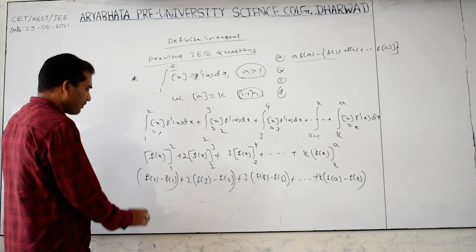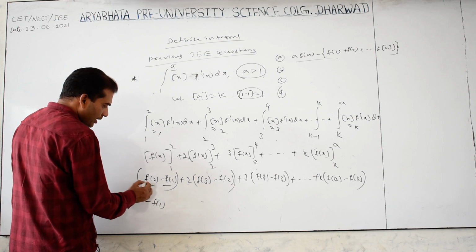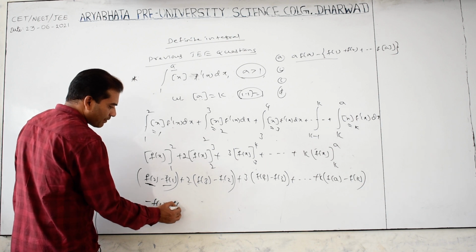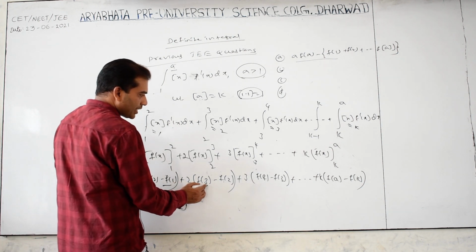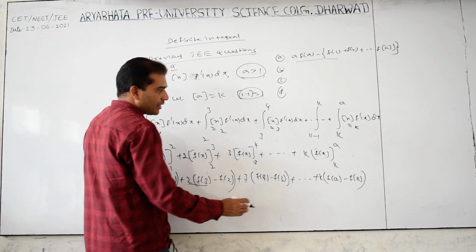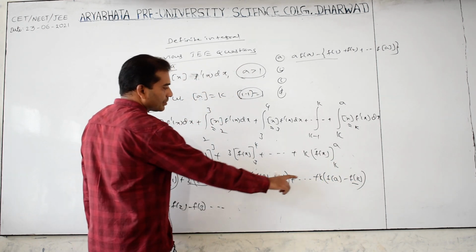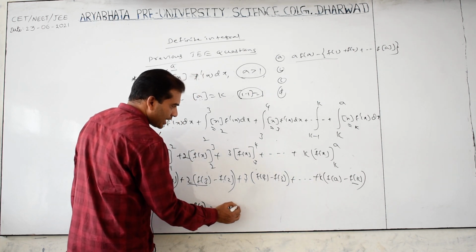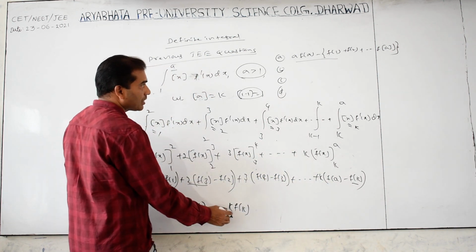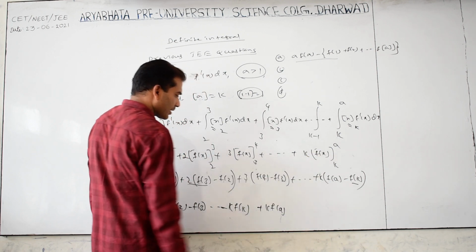See, f of 2 minus 2 f of 2, here f of 1 only is 1 there, minus f of 1. f of 2 plus f of 2 plus f of 2 and minus 2 f of 2 is minus f of 2. Next, plus 2 f of 3 and minus 3 f of 3 is minus f of 3, like this. Here, the last will get k into minus k into f of k. This also comes under this only. The last step will get this, and the last one is k into f of a, because there is no other term, this is k into f of a.